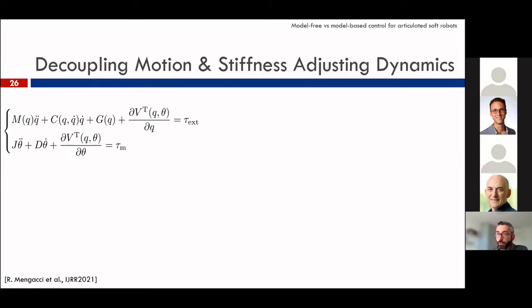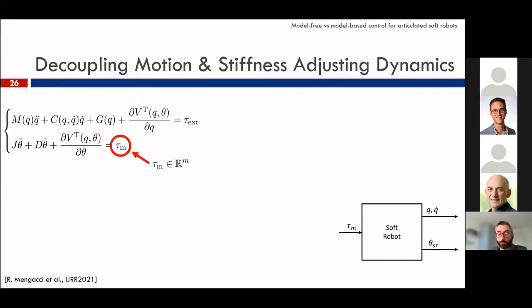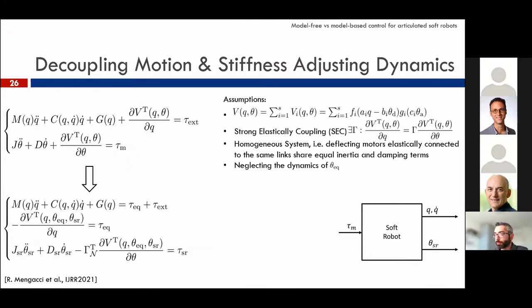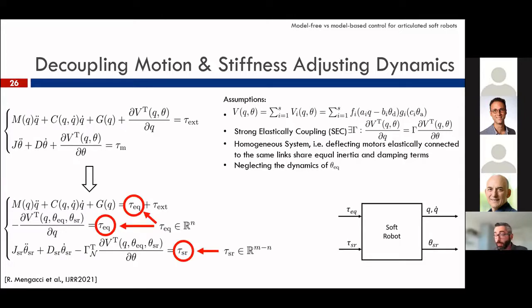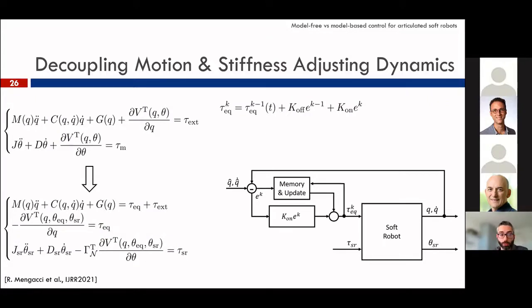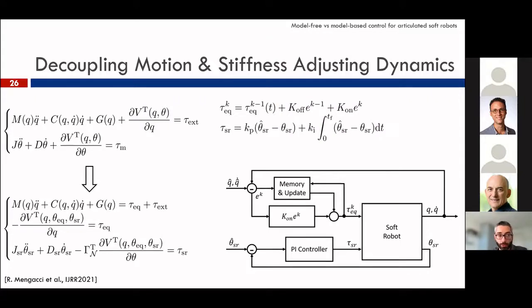And changing the controller from a position control, the previous one was a position control, to a torque control, we can prove that under some assumptions, the dynamics of the system, or in general of a system that can be written in that way, can be decoupled. And we have then a part of the dynamics that describes the motion of the link, and a part of the dynamics that describes the stiffness relation. So now we have 2 different inputs, and we can use an iterative procedure on the input that controls the link motion, and a different controller for the stiffness regulation.